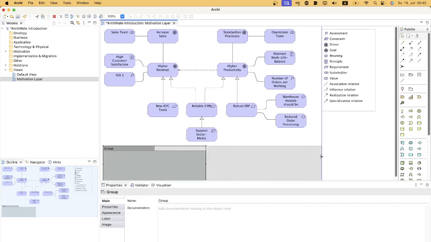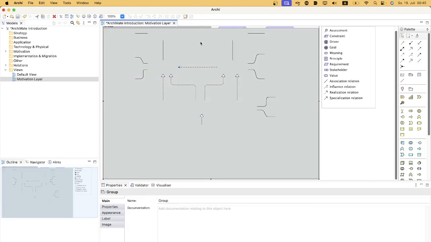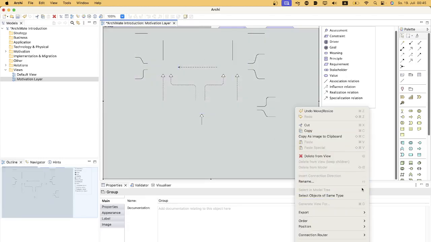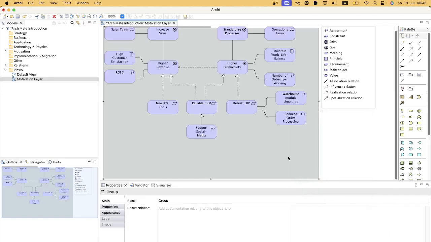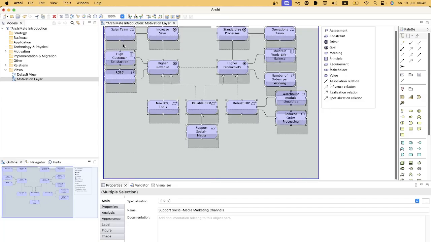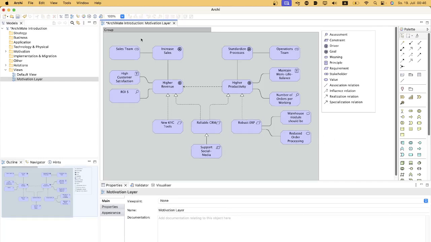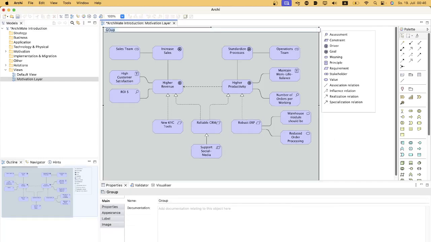Resize it, and then send it to the background. Now you can see all my elements are there. I'll map them so that they can fit inside the package or the group. Now we can name this group